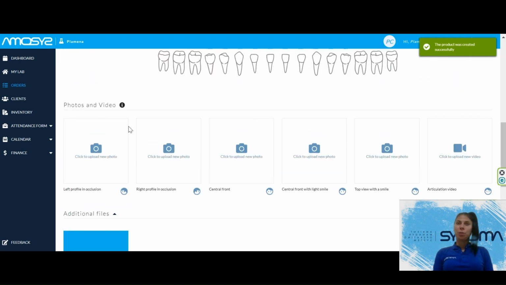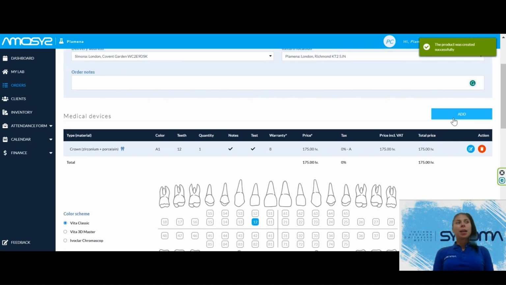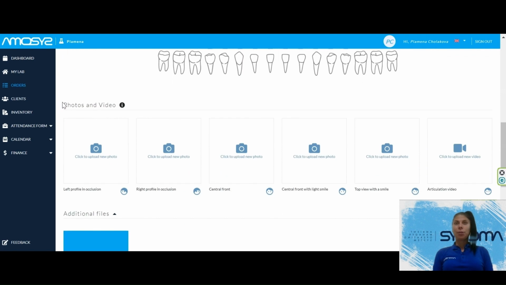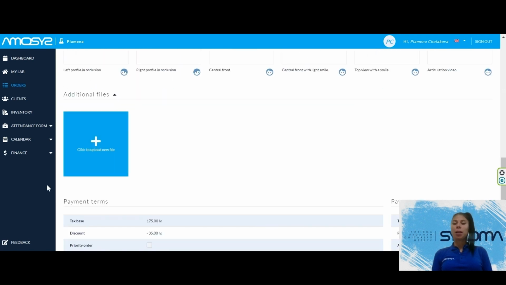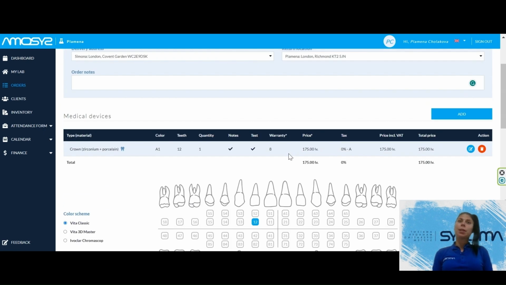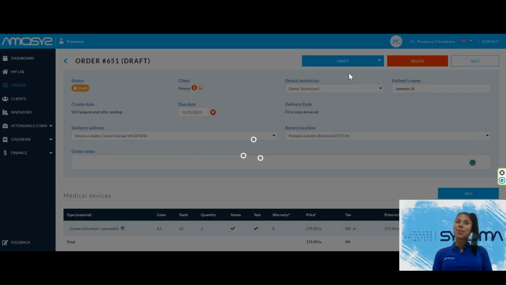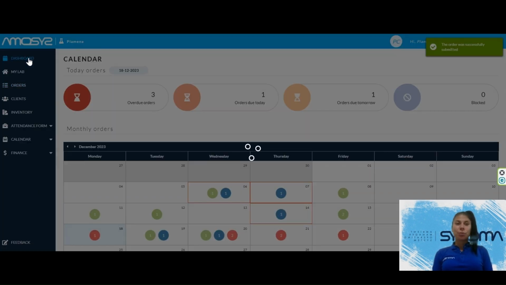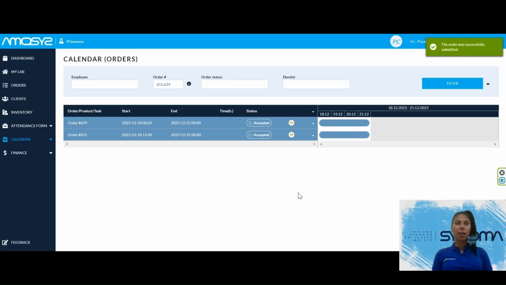We can add more than one product to a given order. Notes: if you wish, you can add notes to the order. Photos, videos, and STL files can be added. Against payment due date, the payment due date is entered. After entering the order, it goes from draft status to accepted status. After the order is accepted, as you can see, it appears in the home dashboard menu in red because it